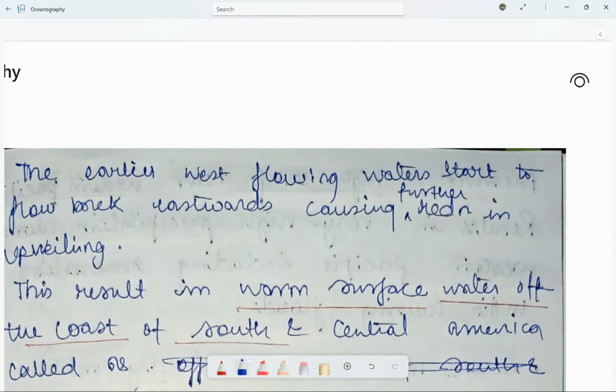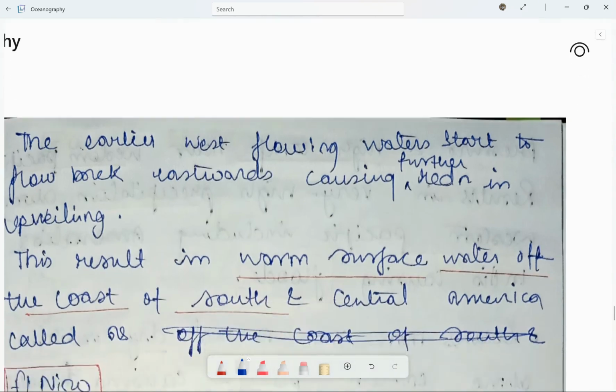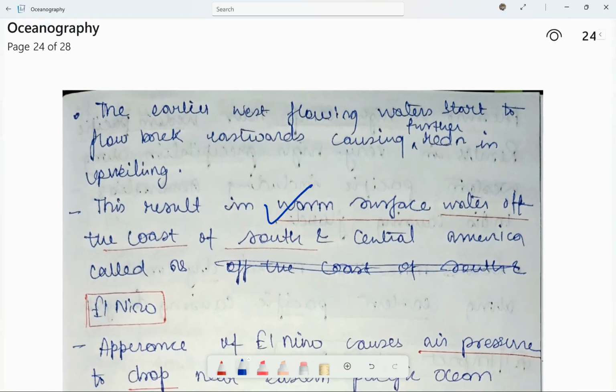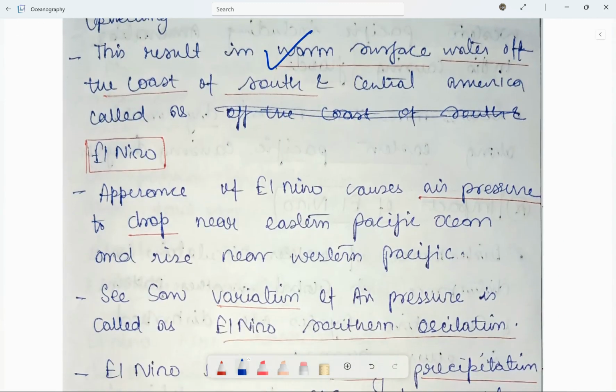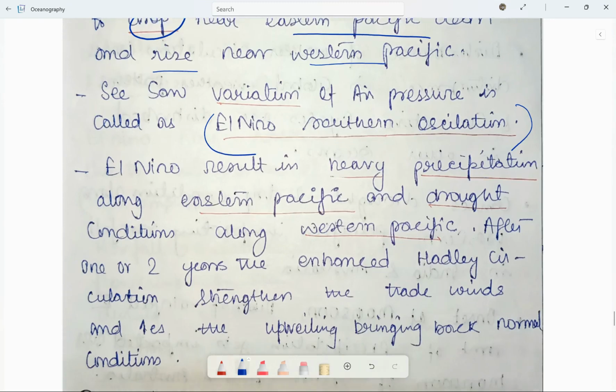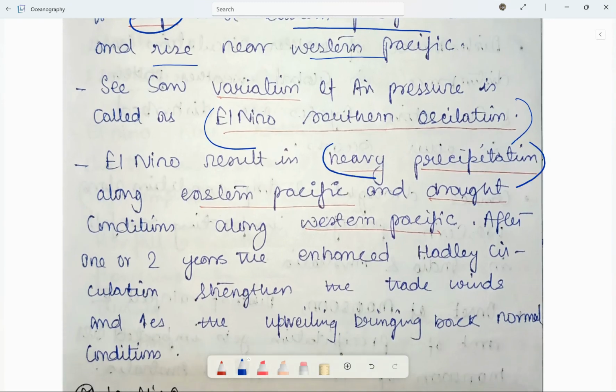Earlier west flowing waters they start to flow back eastwards, फर्दर अपवेलिंग खत्म हो जाता है, वार्म सरफेस हो जाएगा एंड इट रिजल्ट्स इन एल नीनो। एयर प्रेशर ड्रॉप होता है नियर द ईस्टर्न पैसिफिक ओशन एंड राइज करता है नियर द वेस्टर्न पैसिफिक। दिस वेरिएशन रिजल्ट्स इन एल नीनो सदर्न ऑसिलेशन। एल नीनो से हैवी प्रेसिपिटेशन होगा अलोंग द